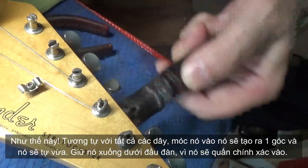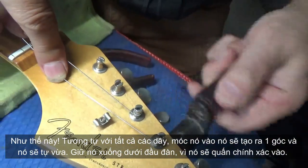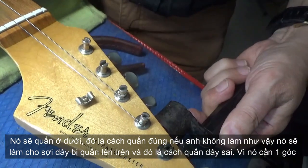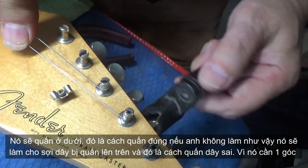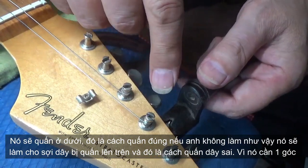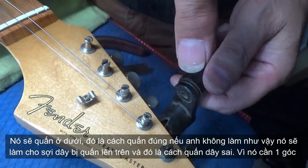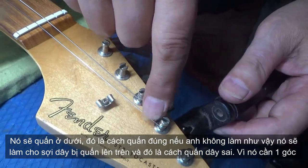Keep it down to the headstock, so it will wind around the tuner properly. It will go winding down, and that's the right way. If you don't hold the string down, then you have this. Then it's possible for the string to wind upwards, and that's the wrong way, because it needs to make an